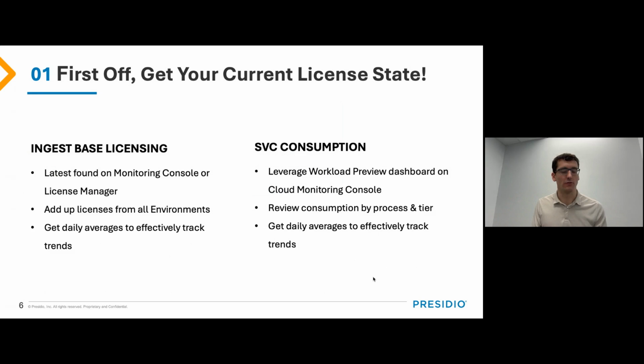You can also get daily averages to effectively track your trends. This is excellent and useful for both methodologies. And with ingest, you can really dive into the details of what indexing is taking up what percentage of your throughput. SVC. So SVC has been in a really iterative state thanks to the pretty quick development from